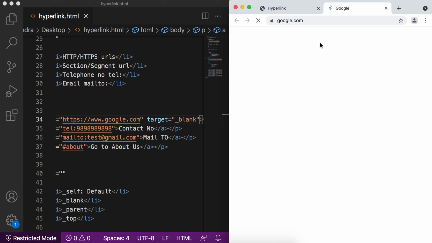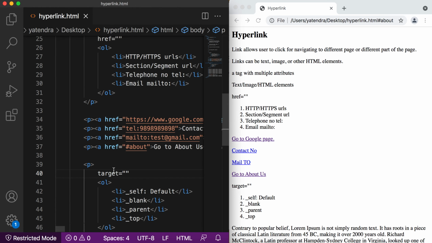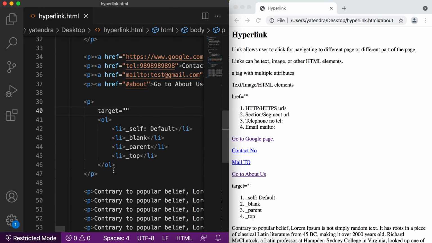This will open my URL in a different tab. You can see this is my website page and this is the URL. Again, if you want to see, this will open in the new tab. So in this way you can also set the behavior of the link.